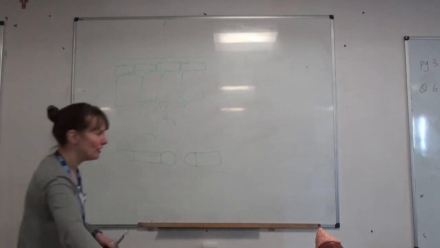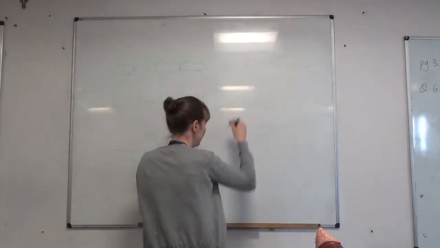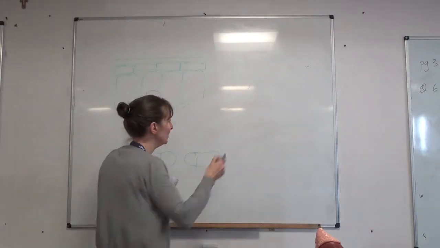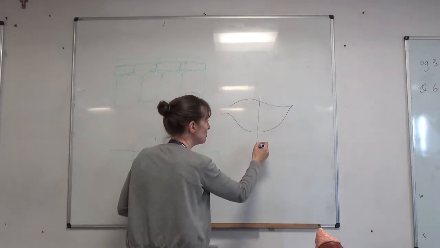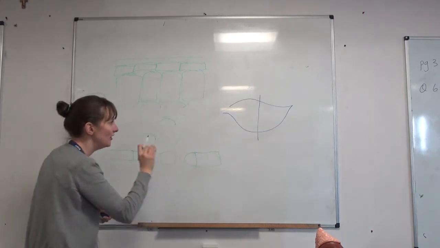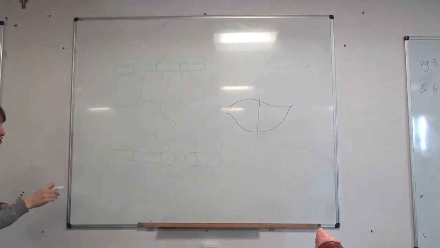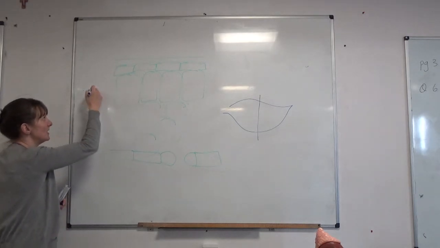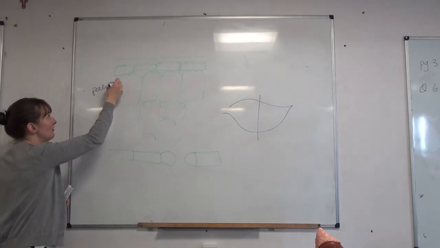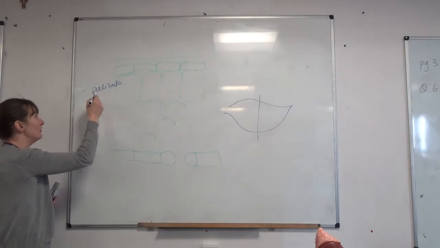So this is a transverse section of a leaf. If you have a leaf, which I will draw in blue, there we go, and you cut it across, leaves are really, really thin. The reason for that is for good gas exchange you need a short diffusion pathway. For these cells here, these palisade cells, to be able to get enough carbon dioxide so that it can do